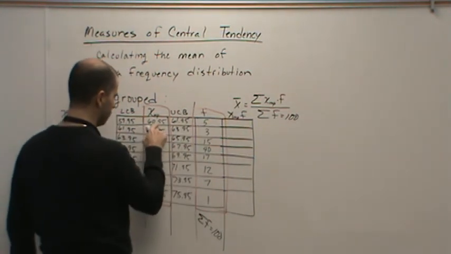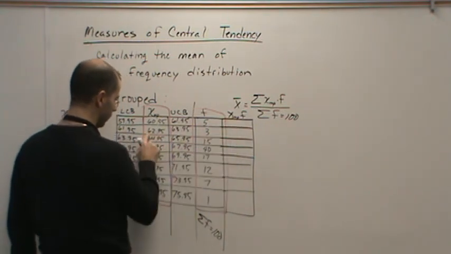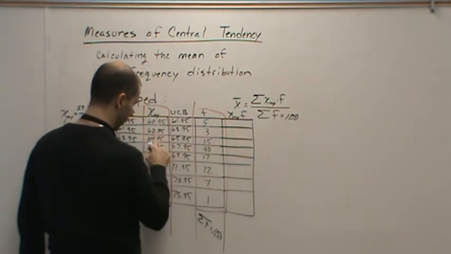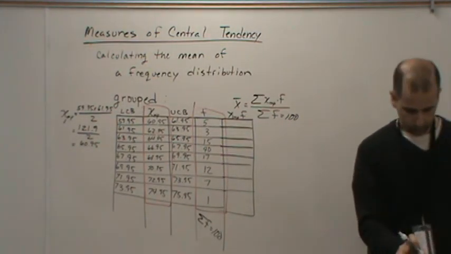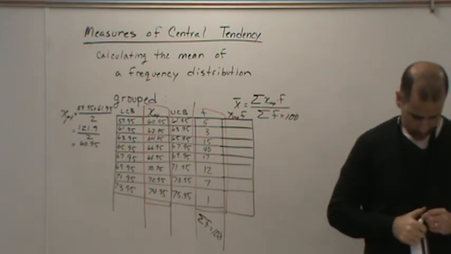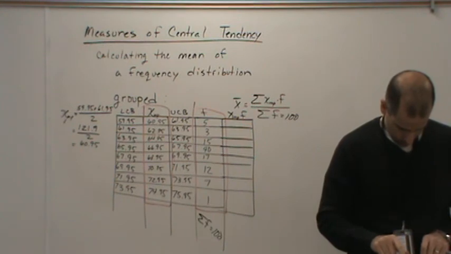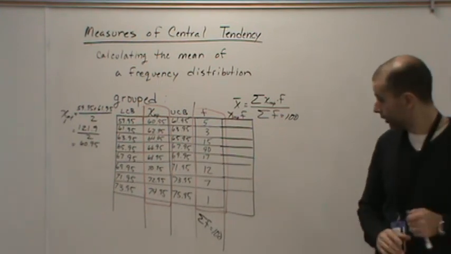So we're going to take 60.95 times 5 and put that number there. Then we're going to do 62.95 times 3 and put that number there, and so on and so forth. So let's do that. Okay? So let me take a minute. And okay, so